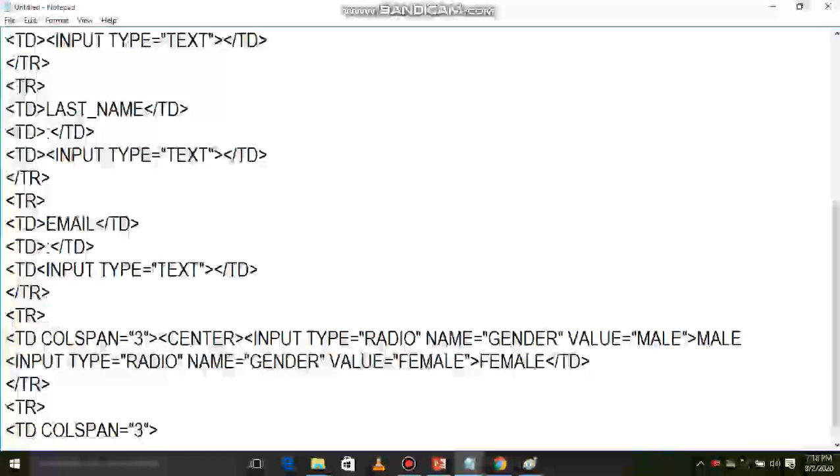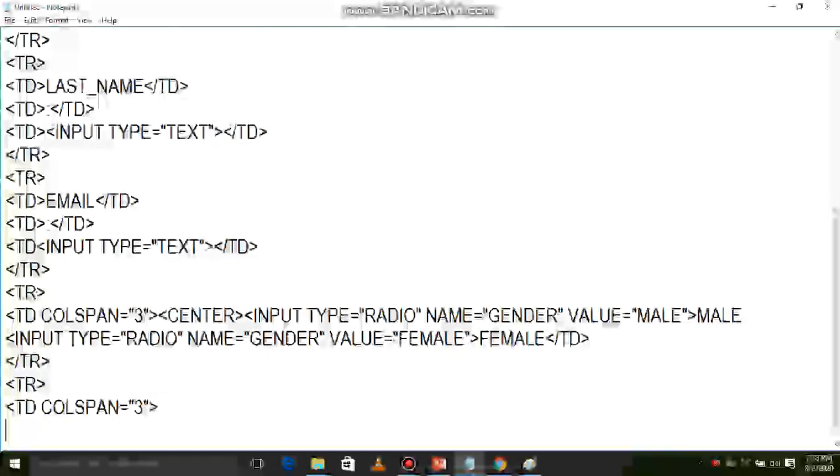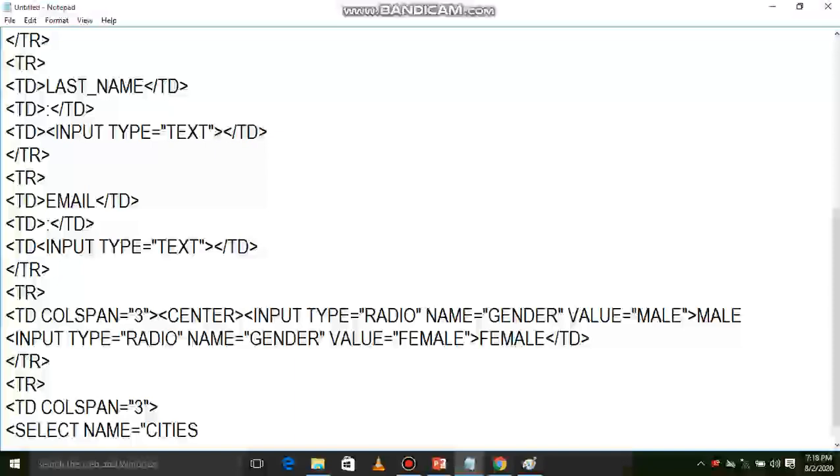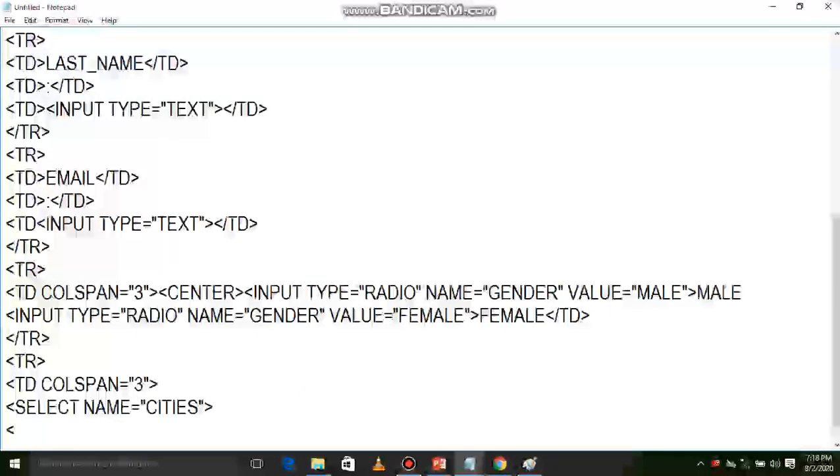Here we need to add the drop down. For adding drop down, I need to take here select name is equals to cities, option.